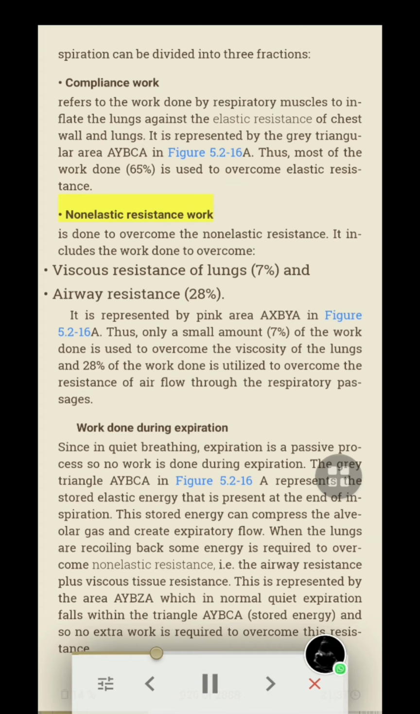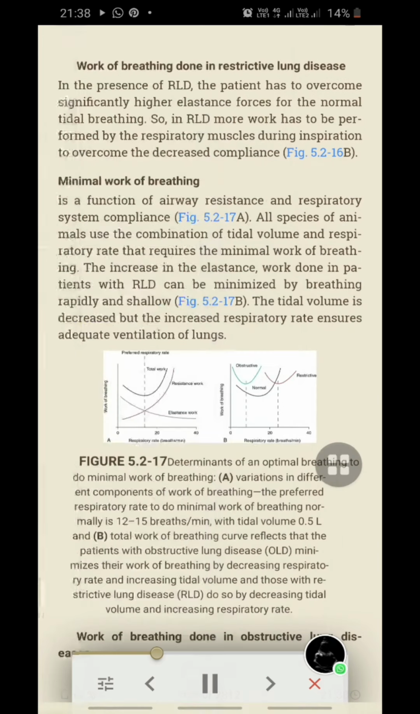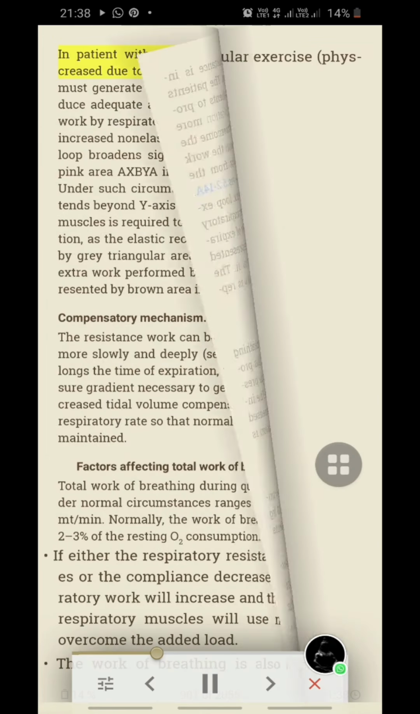Non-elastic resistance work is done to overcome the non-elastic resistance. It includes the work done to overcome viscous resistance of lungs, 7%, and airway resistance, 28%. It is represented by the pink area AXBYA in the figure. Work of breathing increases markedly